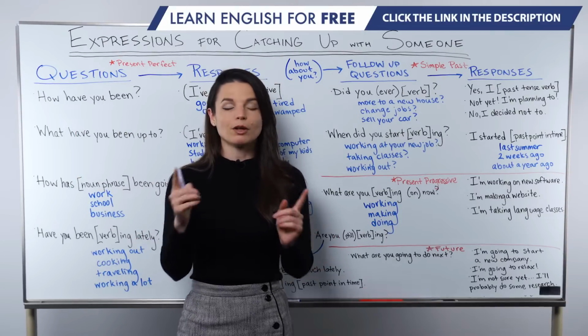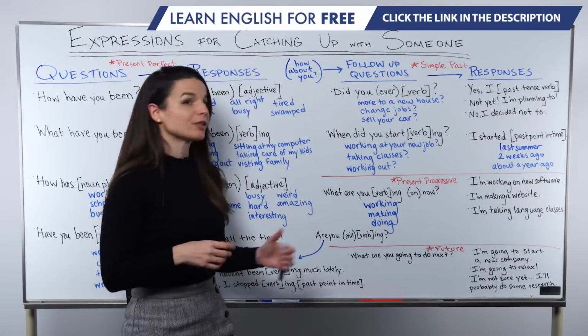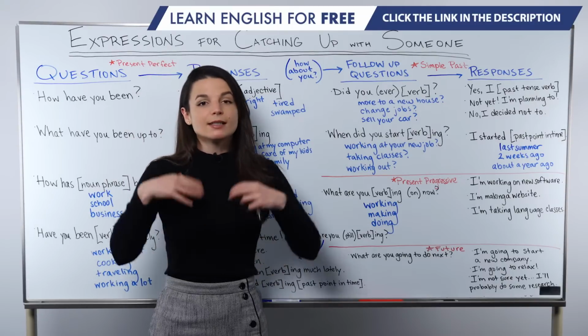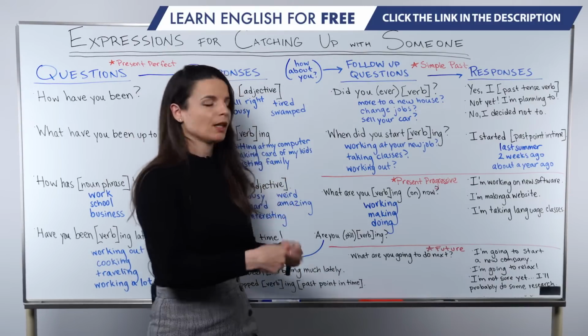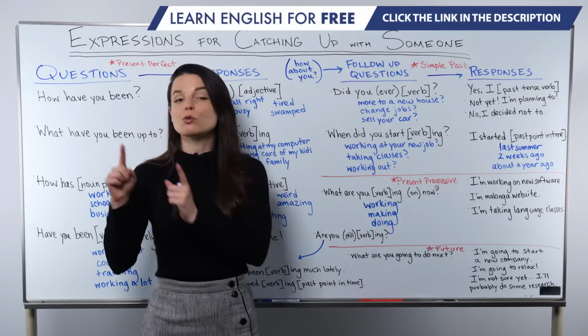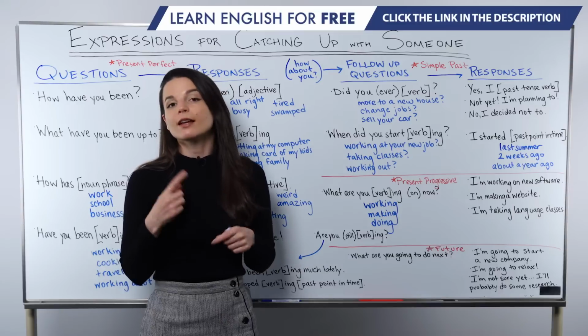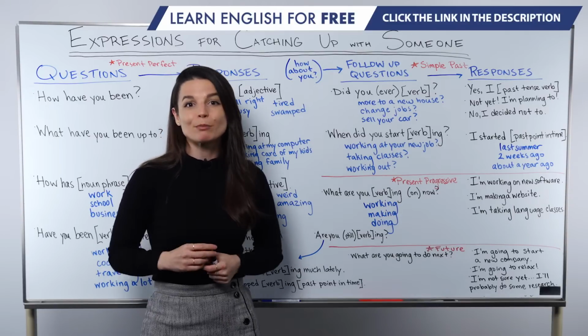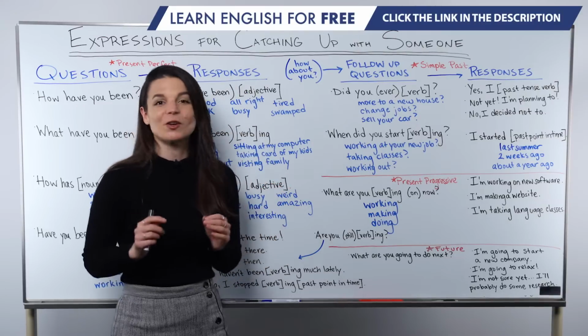So, for example, if you know your friend really liked cooking, you might say to them, "Are you still cooking a lot?" which means today, at this point in time, is that an activity you are doing? Using still shows you remember that that was their favorite activity or something like that. So still can help you to express that you remember something about the other person. Are you still cooking? Are you still traveling a lot? Are you still working a lot?